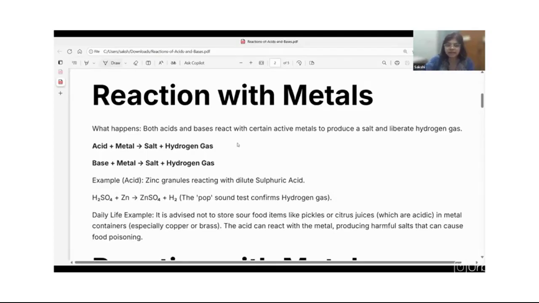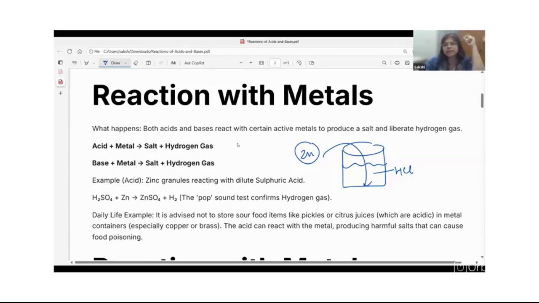Okay. So any metal, for example, let's say zinc, and we put a metal into acid, any acid. So we have zinc, and if we put it into any acid, hydrogen gas is liberated, right? We get salt and hydrogen gas is liberated. So this happens when both acids and bases react with certain active metals, they produce salt and they liberate